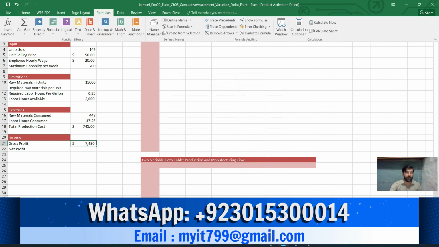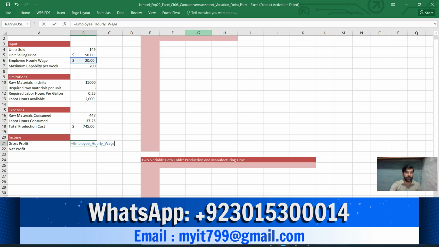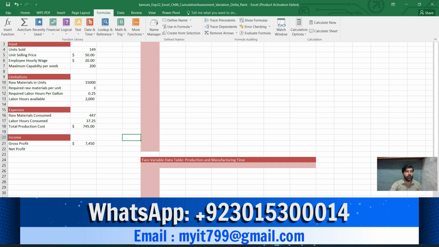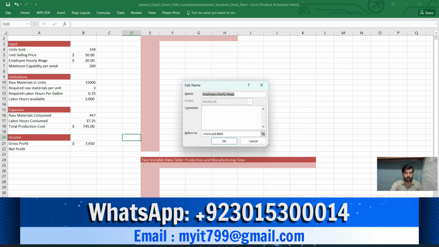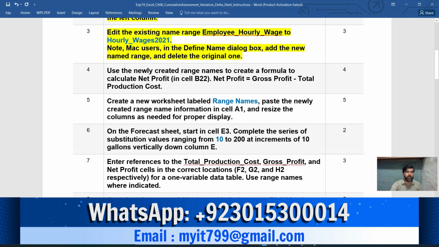Move into the Formulas tab and then into Name Manager, and we have to change employee hourly wages. Edit it and just change it into hourly wages 2021.